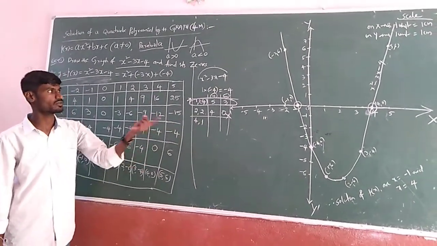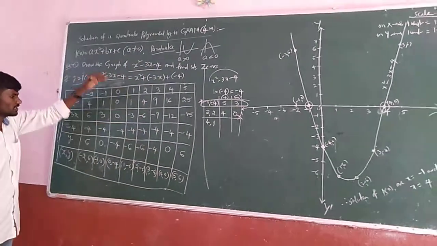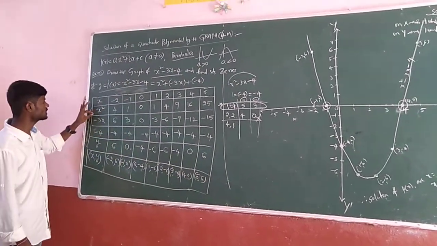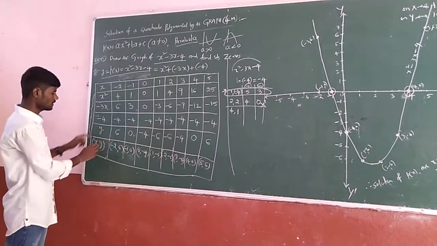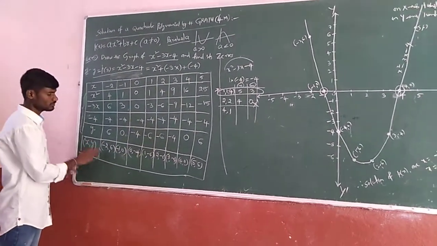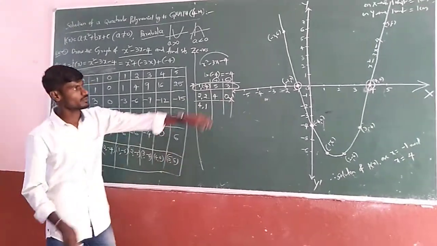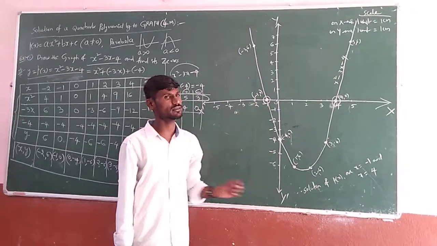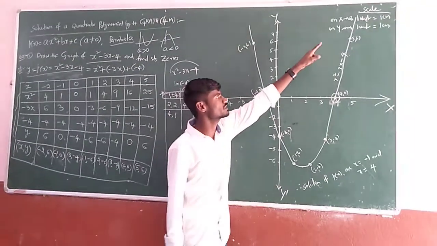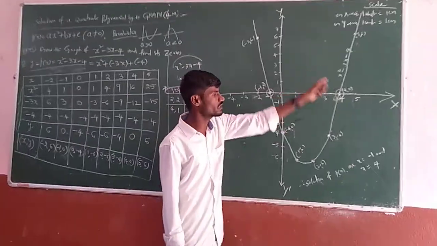Those you should include. Once you take the table, it is an easy way to get the table by each and every term. In this also I said these three only you have to add. After getting them, take the location of the points x, y. Then you have to locate them on the graph sheet, put them and join them with free hand, not with a scale. Compulsory you have to write the scale and the curve. It should be a curve in nature.